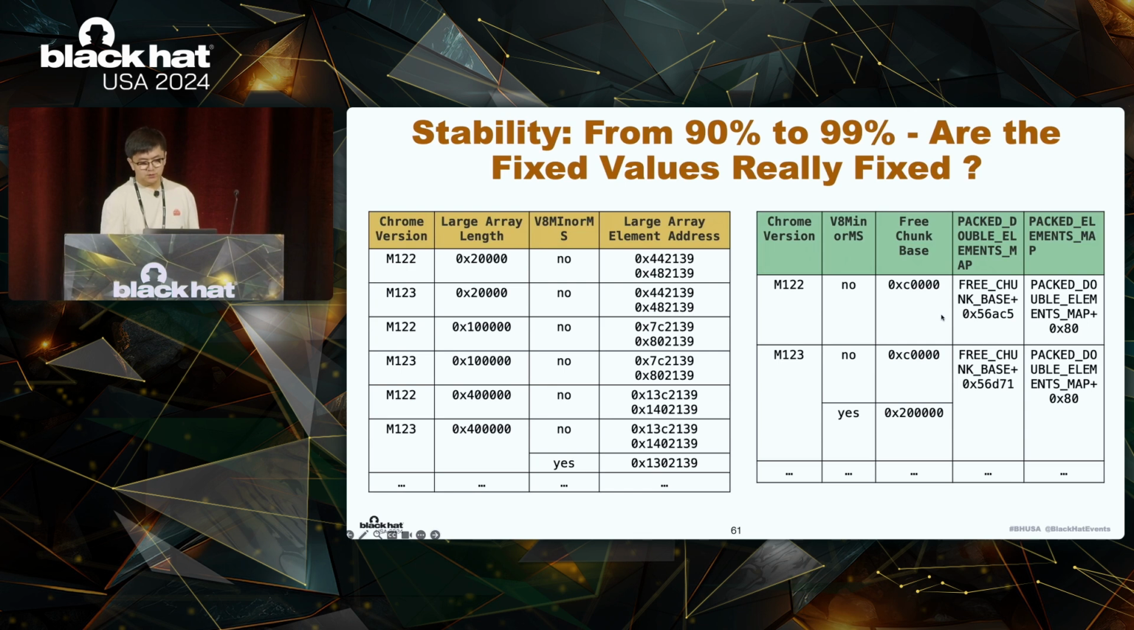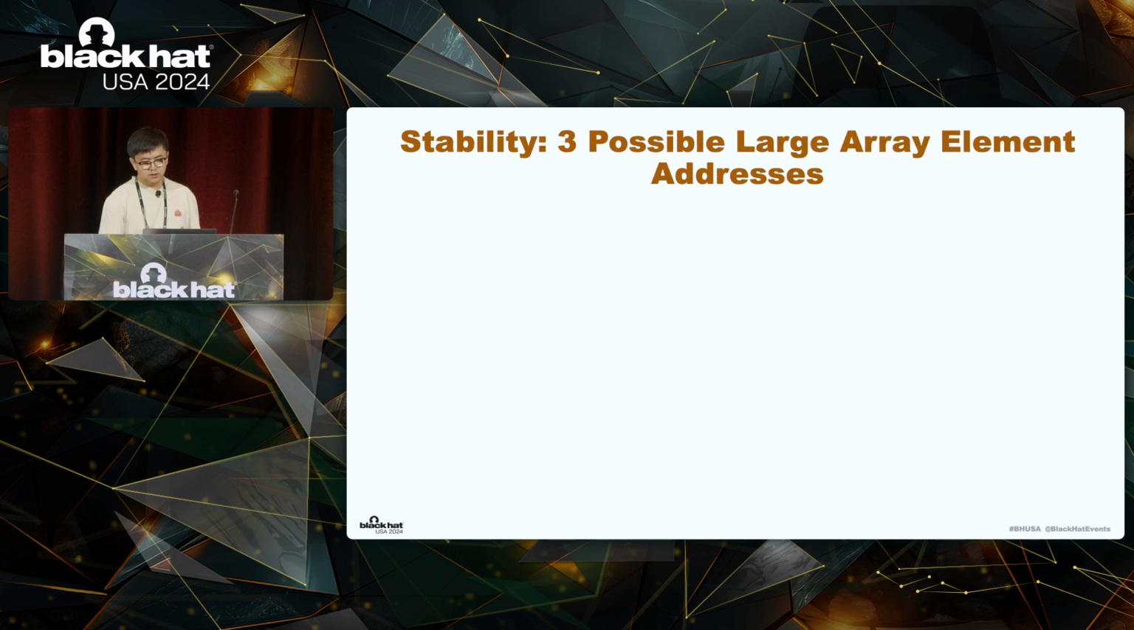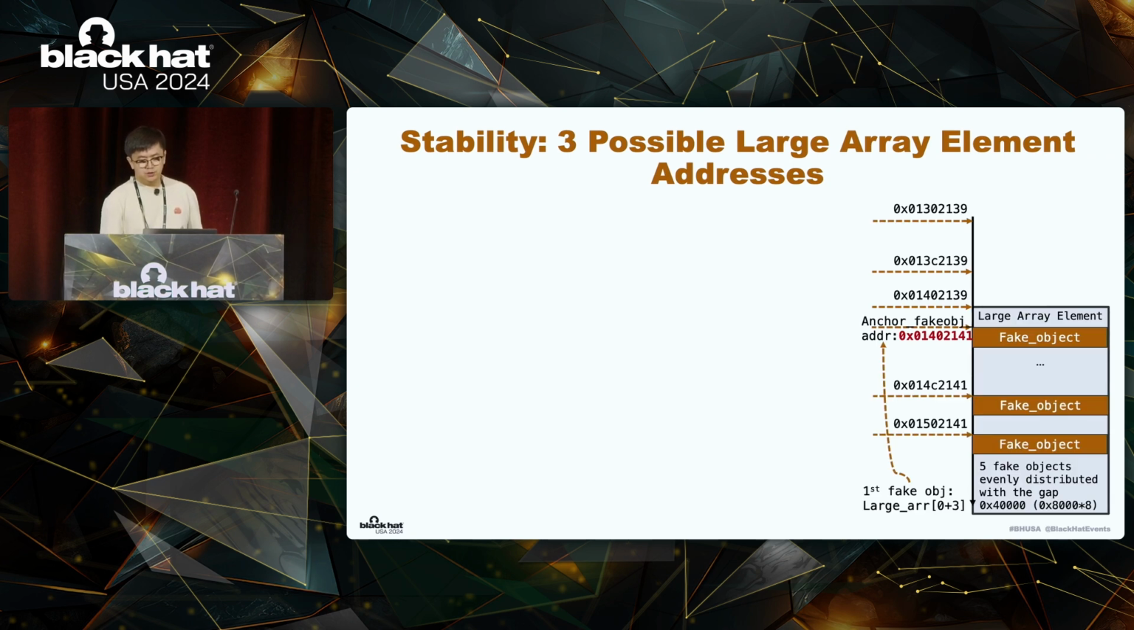Large array element address occasionally swings to another address, and when minor MS is turned on, there are also some differences. Let's see how we solve these corner cases to create a close to 100% successful read exploit. For 3 possible large array element addresses, the main idea is